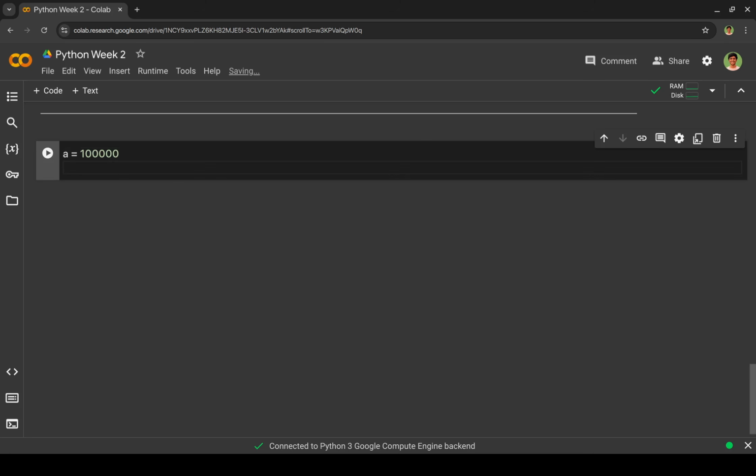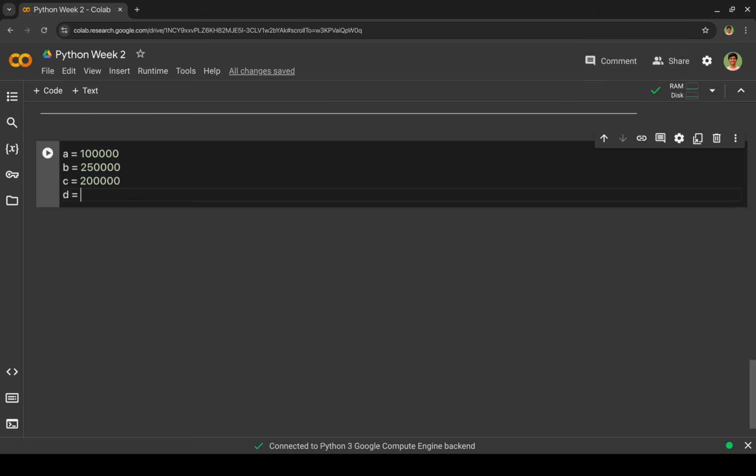And Vinod's bank balance is 2 lakh 50,000. Okay. And Arun's loan is 2 lakhs and Vinod's loan is 1 lakh 50,000. Okay. So A is Arun's bank balance, B is Vinod's bank balance, and C is Arun's bank loan, and D